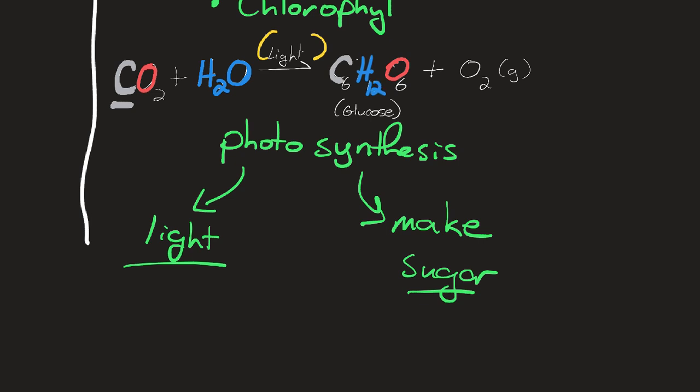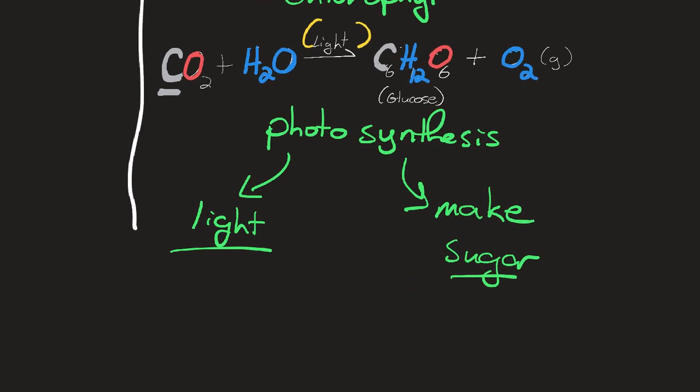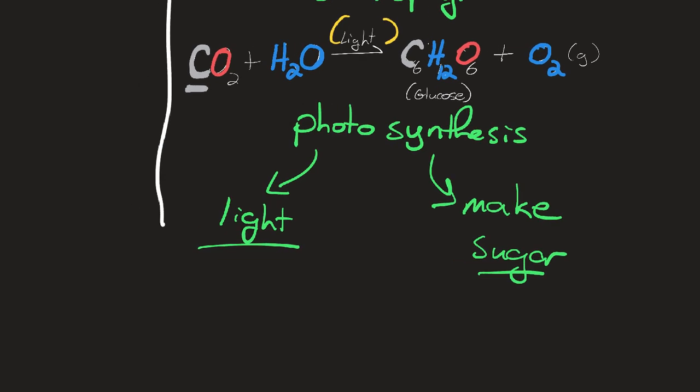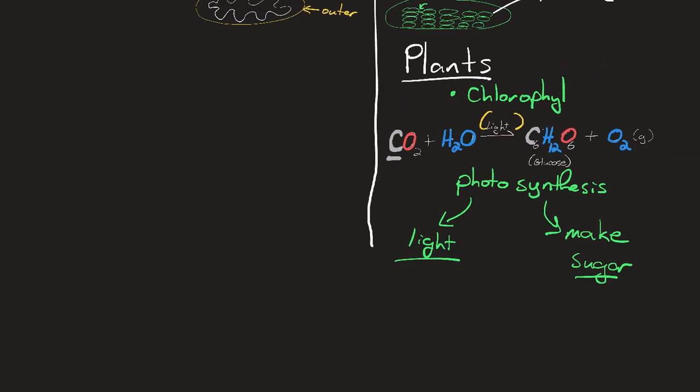And where does the oxygen come from that's being kicked out, that's being produced in excess? It comes from water. So plants literally break water up. They take water and they break it. The reason plants absorb the water is not just because it's a solvent for the chemical processes going on in their tissues, but it's also the source of electrons. And it's the electrons that are going to be key here.